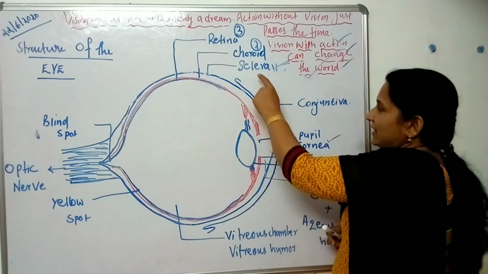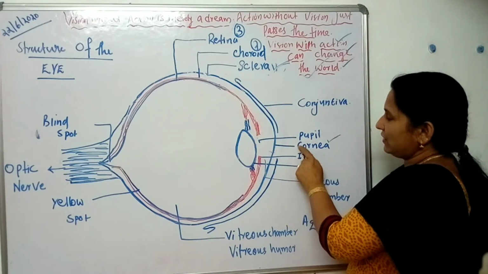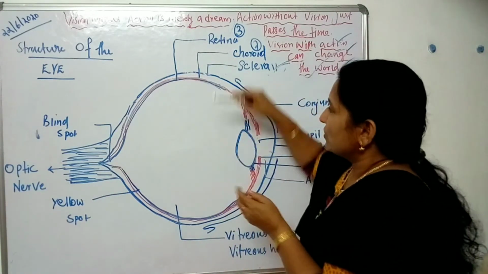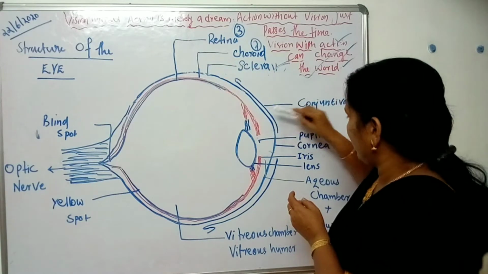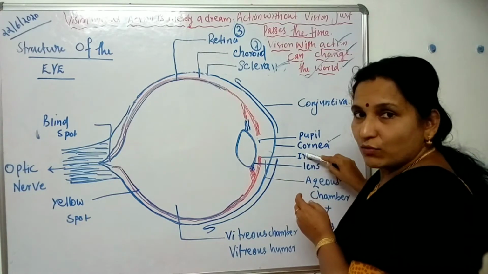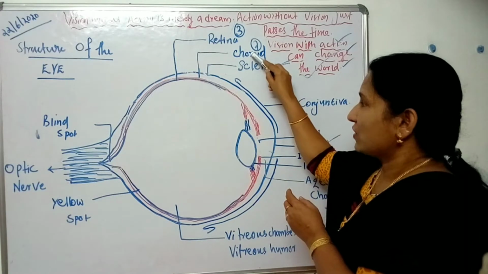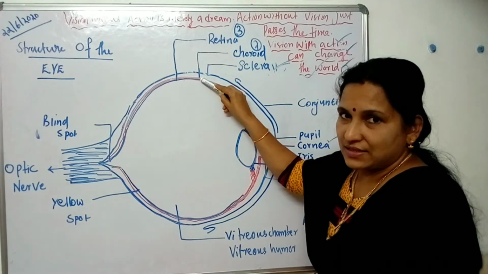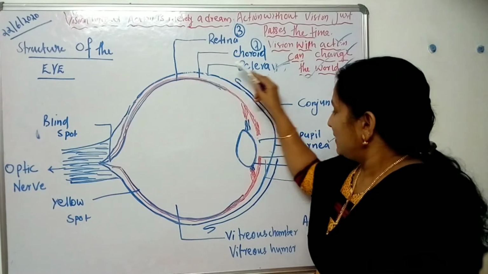We have studied that the front part of the sclera is known as the cornea. You can see this choroid. The front portion of this choroid is known as the iris. What is this? Iris. Iris is the front part of the choroid. Choroid is made up of many blood vessels, and its function also we studied. Then